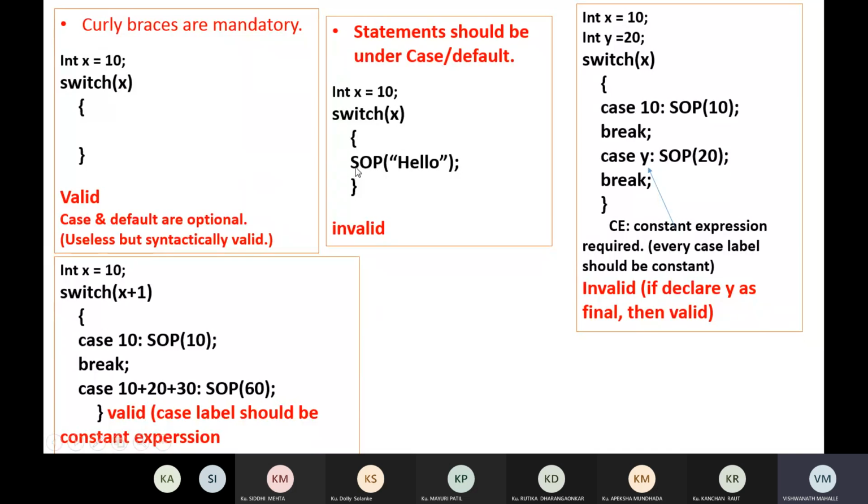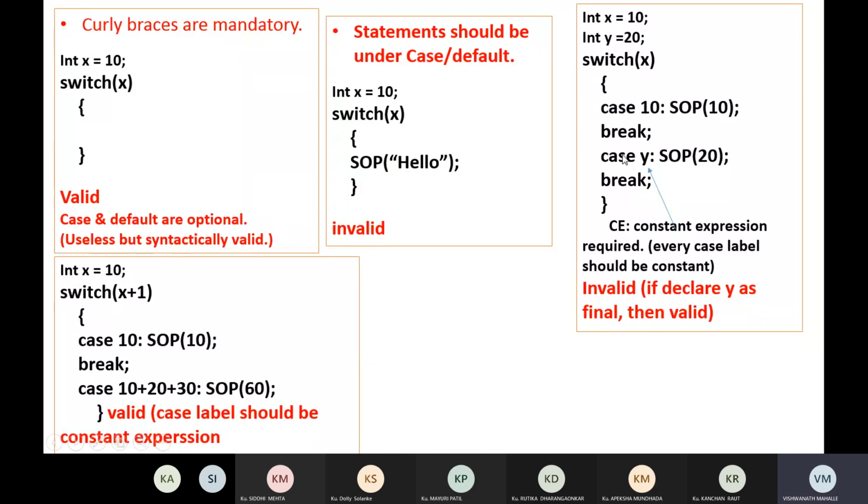So this System.out.println hello should be under a case or under default. If you write the System.out.println statement without case and default, then it is invalid. It should be within a case or within the default case. So that is the second point.